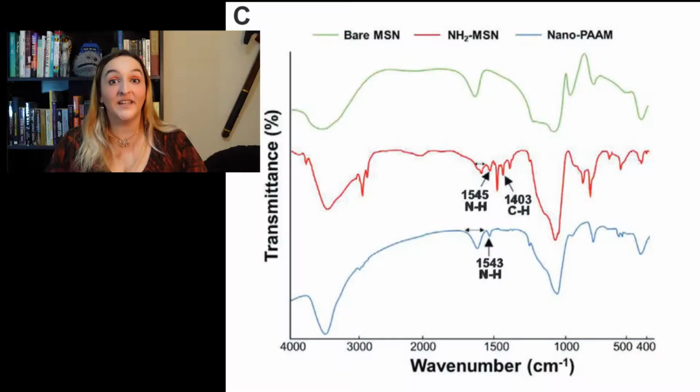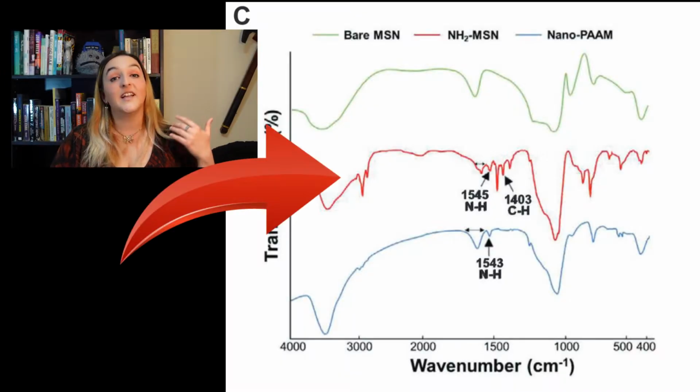They then checked to make sure that the amino acids were actually still acting like amino acids by doing an FTIR analysis. This is where you shine an infrared light onto the particles to excite them into intense jiggling. As they get down with their bad selves, they give off energy signatures that tell you what kind of structures you're looking at. You can watch the Khan Academy video that I linked in the description to learn more about what it looks like and how to read the data generated by an FTIR instrument. But yeah, for the naked amine particles, they had spikes at the points where amino groups and carbon-hydrogen bonds would be giving spikes. So that's a success!